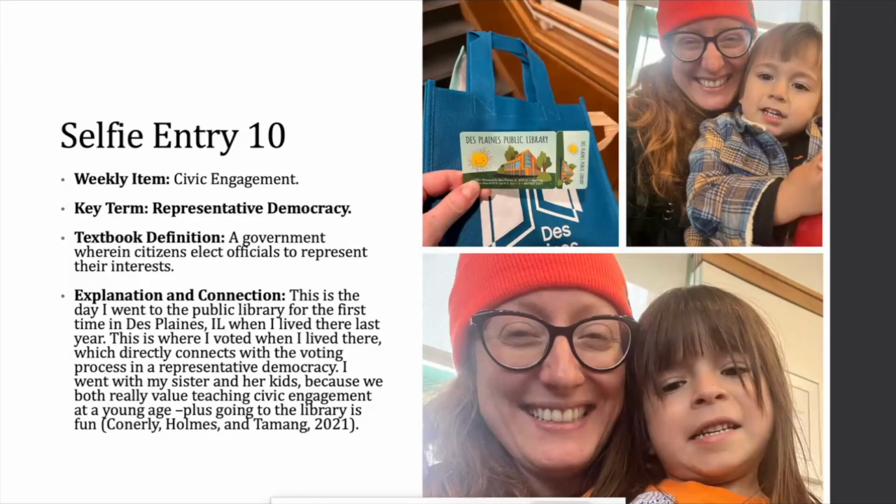They are important to support for that reason, so folks in the community have access to free knowledge and books and computers and that sort of thing. And it's important to share those resources and that love of civic engagement with young people so the next generation in our society values civic engagement.